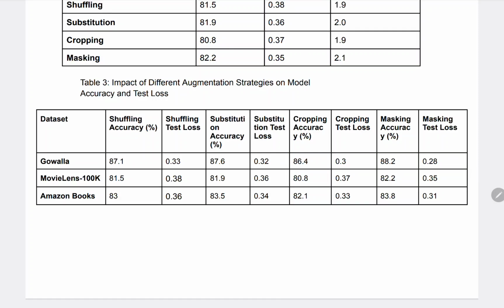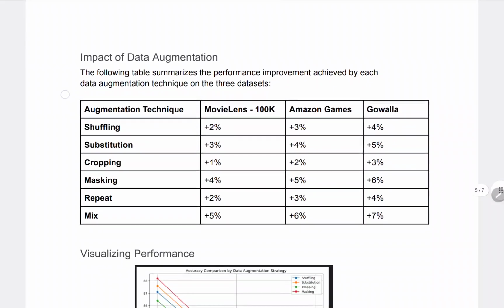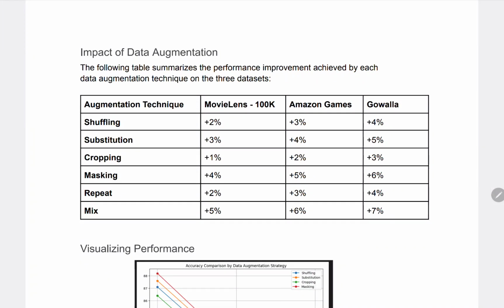Whereas mixing items from different sequences gave the most dramatic improvements on some datasets. On Gowalla, accuracy improved by 7%, the highest overall gain. This strategy effectively exposes the model to interactions across users, enabling it to capture patterns that wouldn't be apparent in a single sequence. Whereas in cropping, while not as impactful as masking or mixing, cropping still improved performance, particularly by